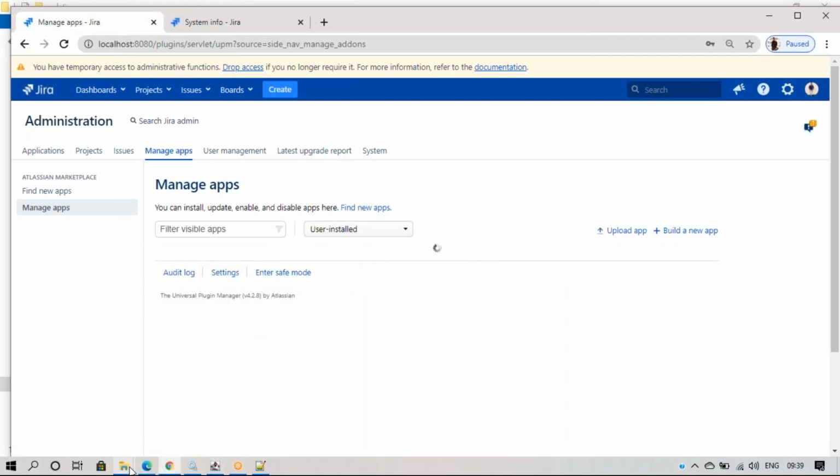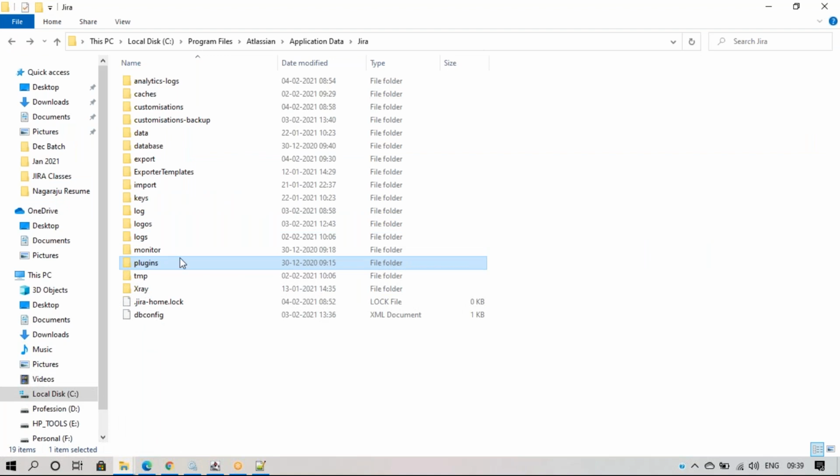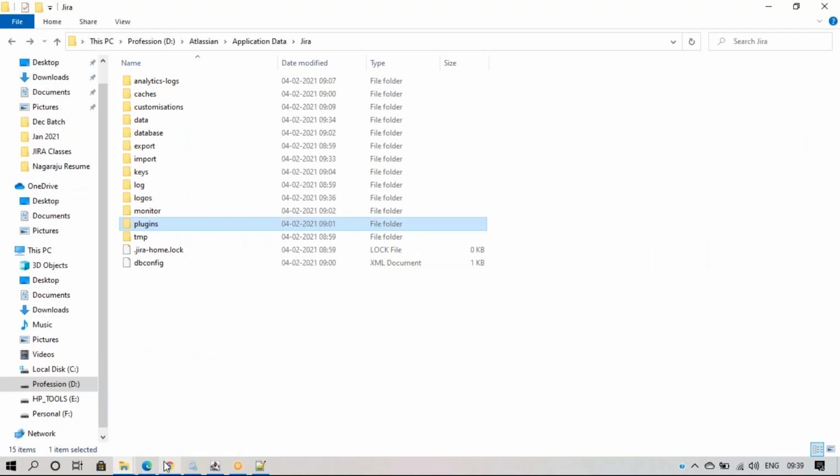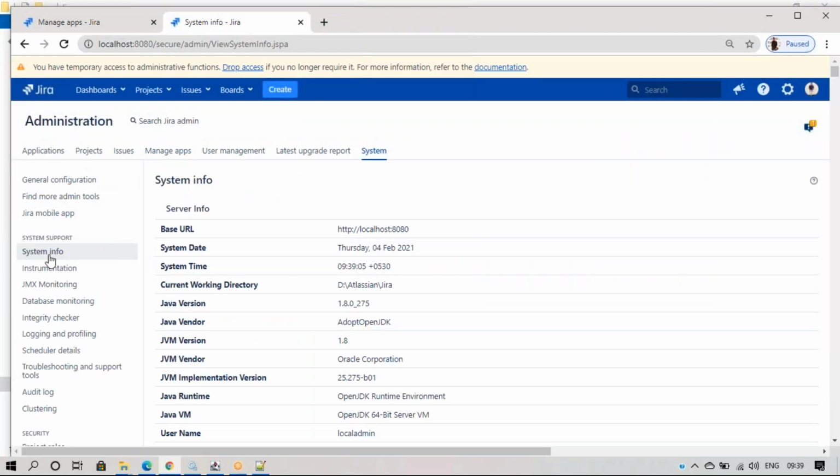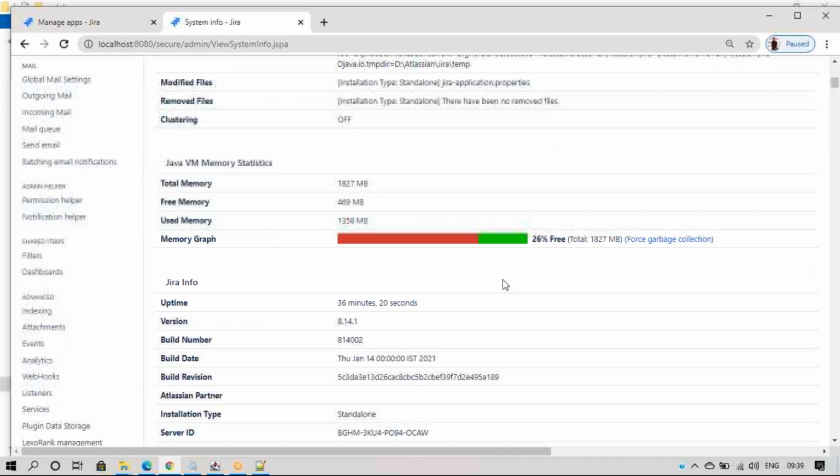See, I moved the complete data into here. Suppose plugins are in a C folder, I moved that into here. Logos and everything I moved, but still there are no plugins, and the data is the same.